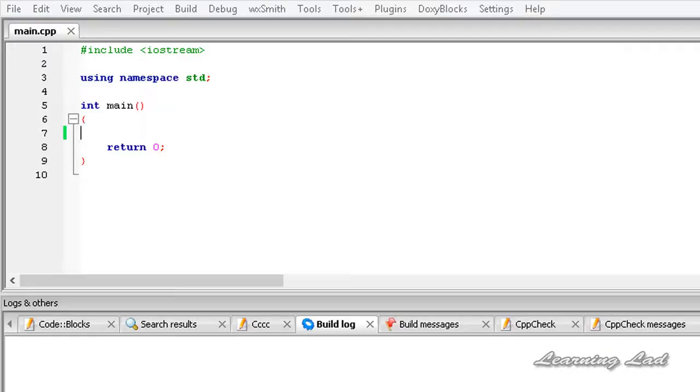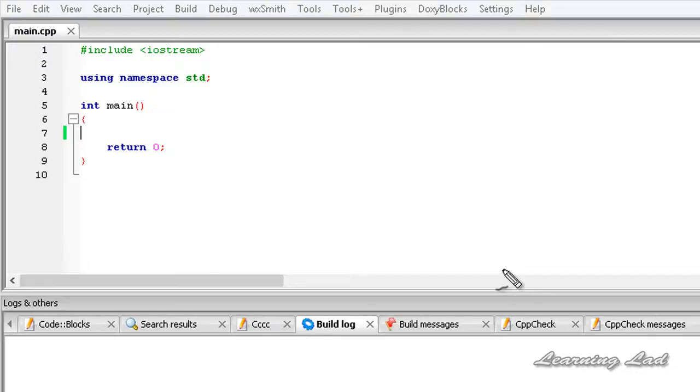So in this tutorial we're going to be learning about conditional compilation, or rather conditional statements. These conditional statements allow us to execute some part of code depending on some condition, whether it is true or false. One of the statements which allows us to do that is called the if statement. The if statement is a conditional statement which allows us to execute code based on some